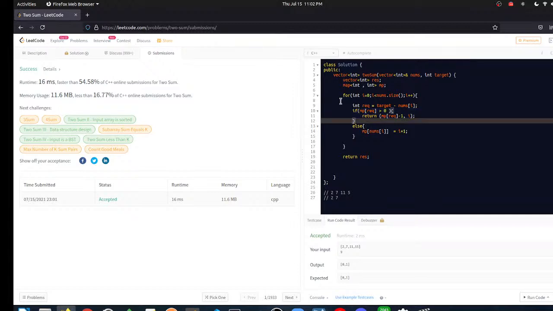So let's revise what we have done from the beginning. We have created a map, then we are looping through the array. This is the required element, right? So we'll check if we have already visited the required element or not. If it is visited, we'll return the index of that element as well as the current index, right? Otherwise